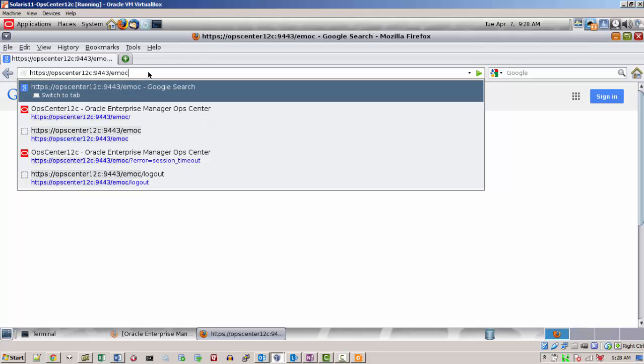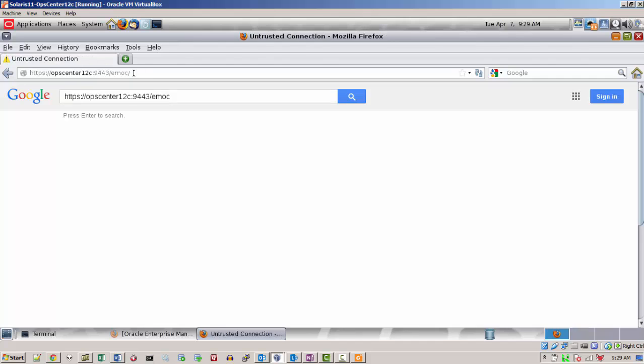So you can see that we can go to HTTPS, the name of our server, which in this case, my virtual machine that's running Solaris 11, is called OpsCenter12c. It uses an unusual port, 9443, and we want to get to the main page, which is EMOC. So if everything is working properly,